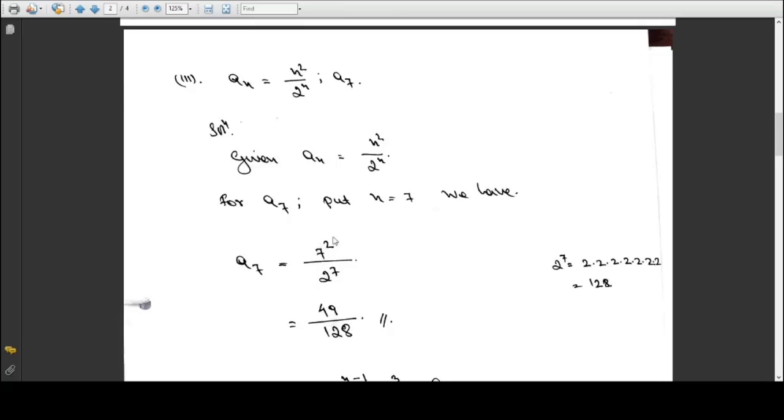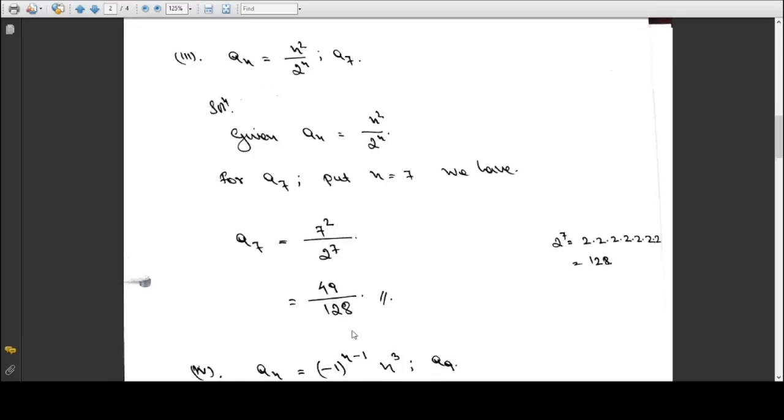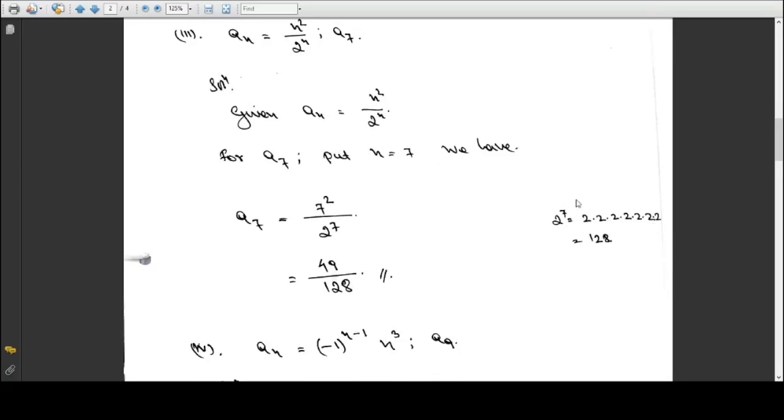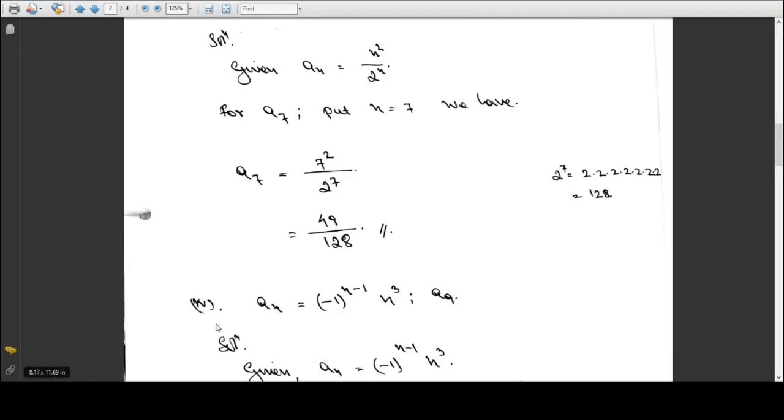Now 7 square is 49. 2 power 7 is, you have to multiply 2 seven times, which will give us 128. Therefore the 7th term of this given sequence is 49 by 128. Now number 4,